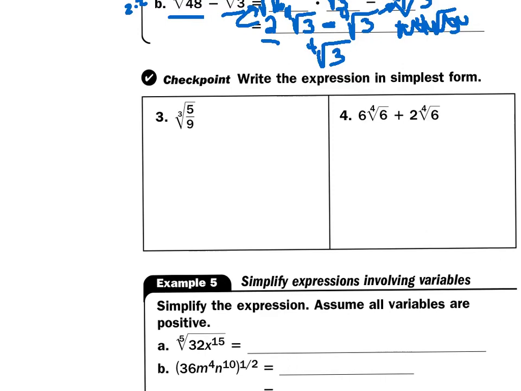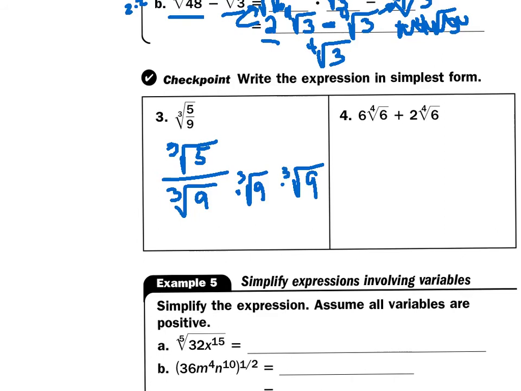the cubic root of 9 again to get rid of the 9 on the bottom. Let me show you how to do it. So we'll have the 3rd root of 5 over the 3rd root of 9. We can't leave that 3rd root there, so we need to multiply it by the 3rd root of 9 again, and then one more time, because it takes 3 of those to make